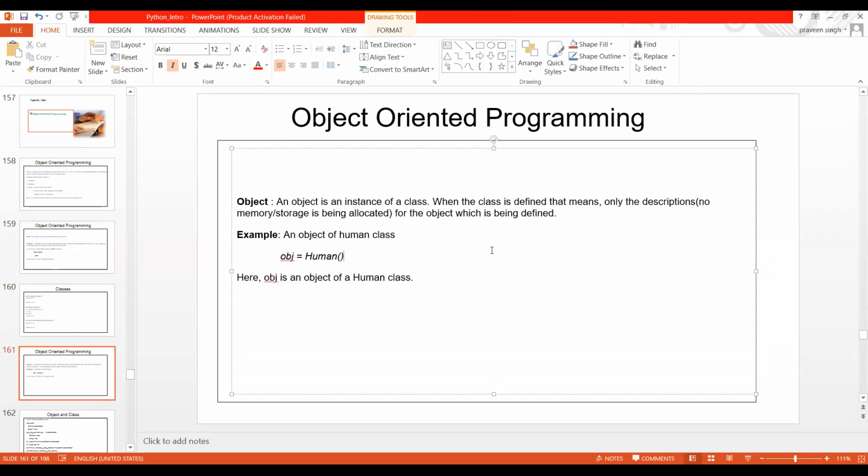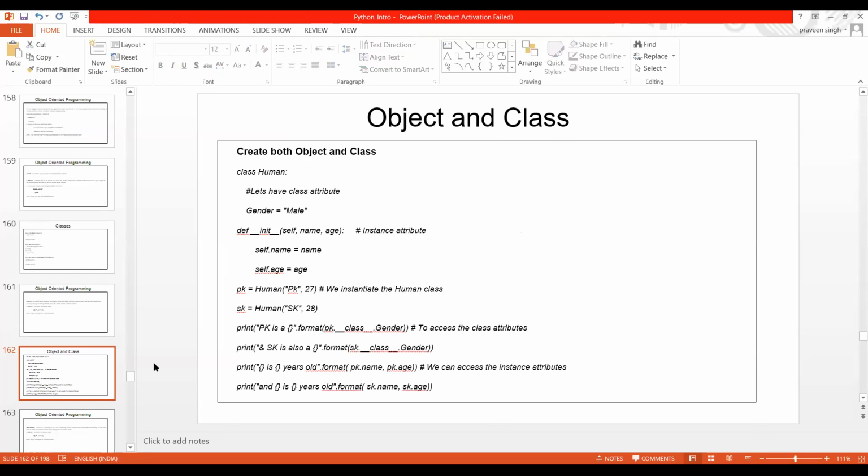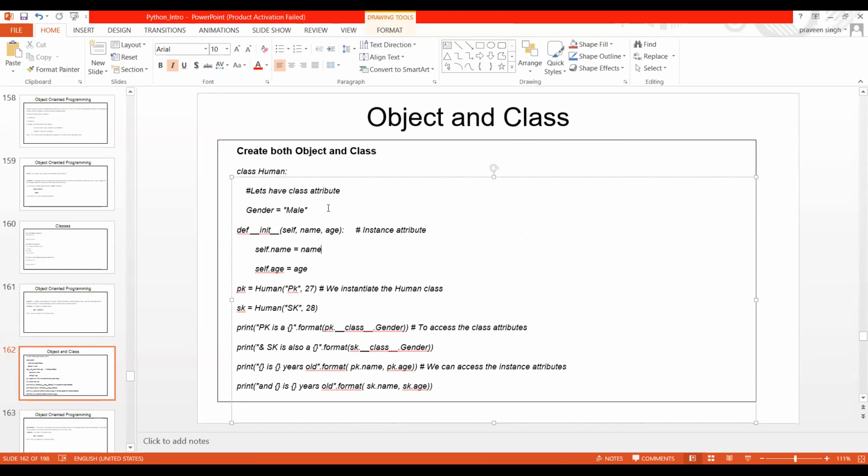Now maybe we will do some exercise on object and class, how to create an object and how to create a class, and then we can take one simple example in which I try to create and access an object and class. I just wanted to give you a glimpse of it. This is what I have created, this object and class. Here I have created the class human, and then I have created some attribute which is nothing but the gender.